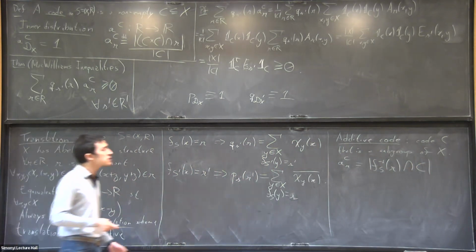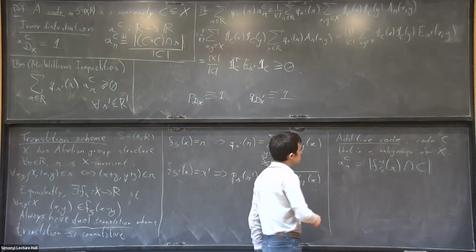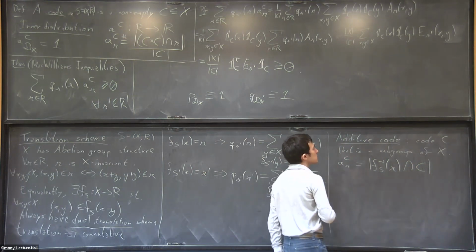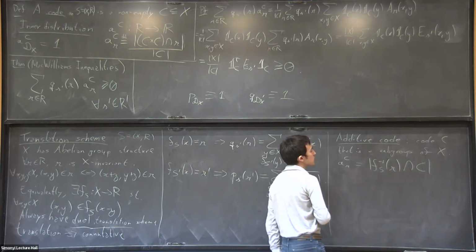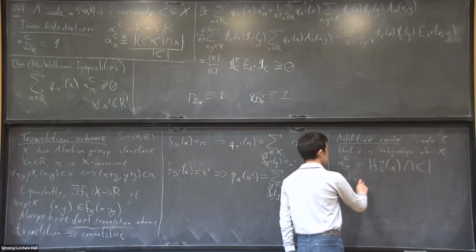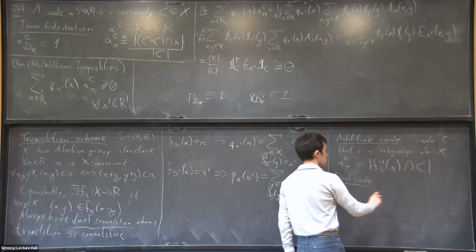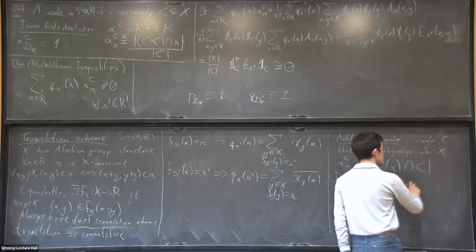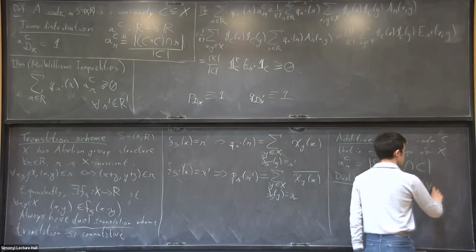Another thing that is nice about linear codes is that you have the notion of dual codes. So the dual code is just simpler. It's the set of points of X such that for every Y in the code,